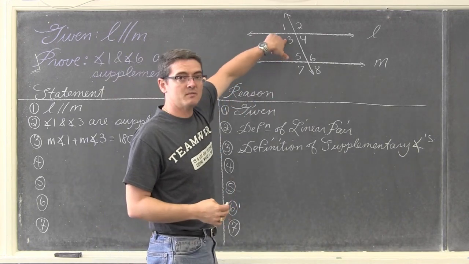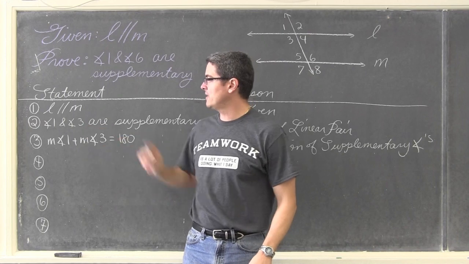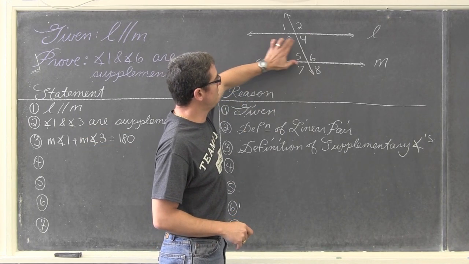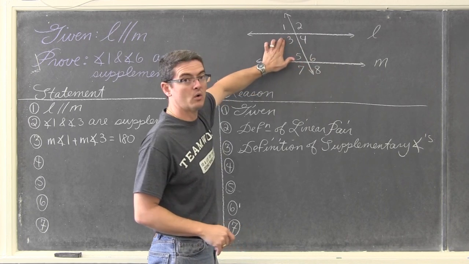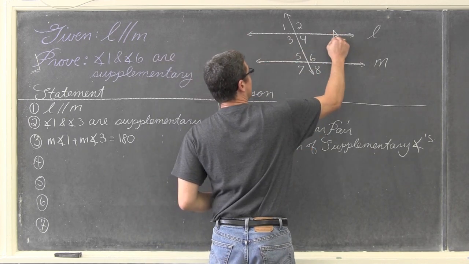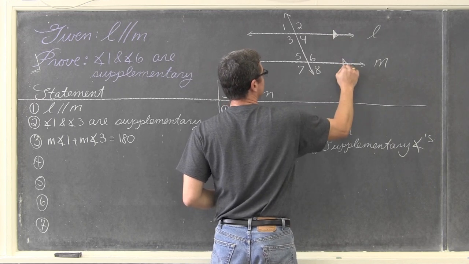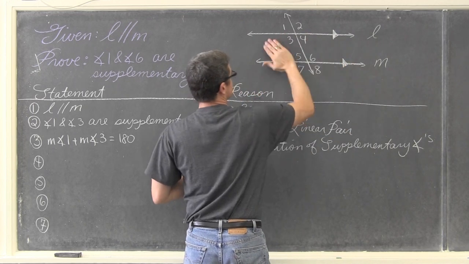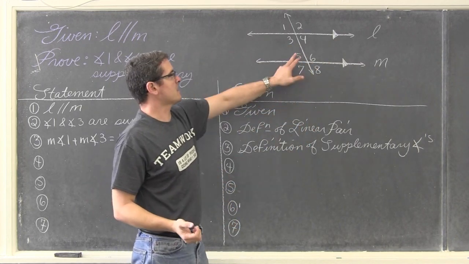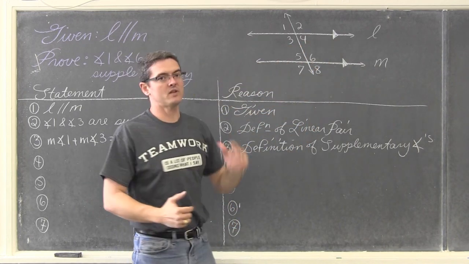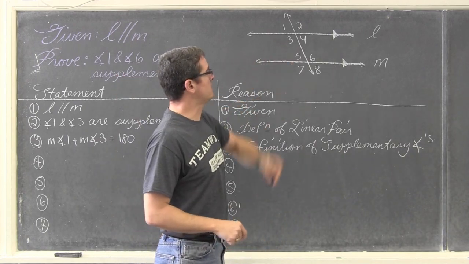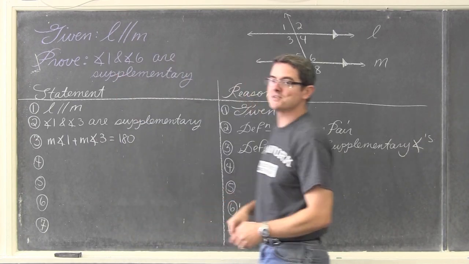And that now is going to be 3 because I've introduced it into my proof in lines 2 and 3. So we're going to say that angles 3 and 6 are congruent. And they are because they're alternate interior angles. And when parallel lines are cut by a transversal, the alternate interior angles are congruent. And I don't want to talk about 4 and 5 because they have nothing to do with ultimately what we want to prove. So I'm going to step out and say that angle 3 is congruent to angle 6.